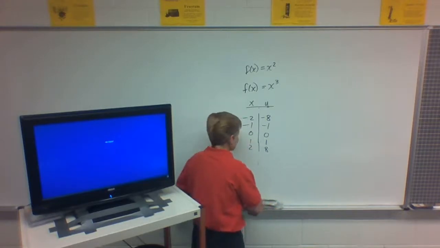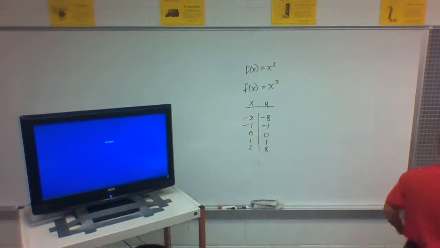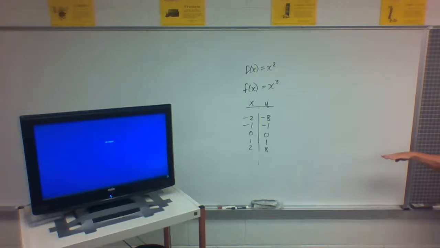So I'm going to plot these points, and I'm going to start, if it's okay with you, even though it's not the starting one, with 0, 0. And then I'm going to consider the positive ones, and I'll see how those negative ones are like them or not. They look like they're the same kinds of numbers, so I'm going to go out 1, up 1. And then when I get to 2, I'm going to start at the origin, 1, 2, and I have to go 8. If I also take the negative ones going back, so I got the -1 as a point right here, and then I go back to -2 right here and down 8,